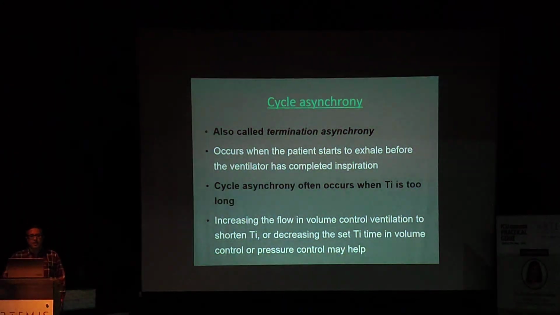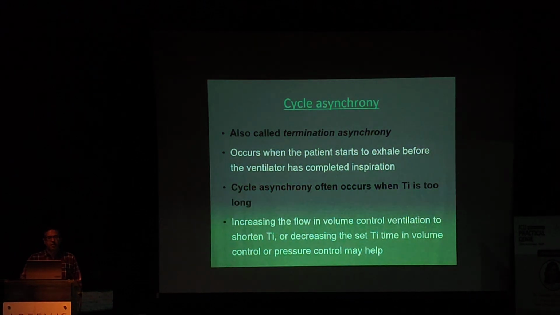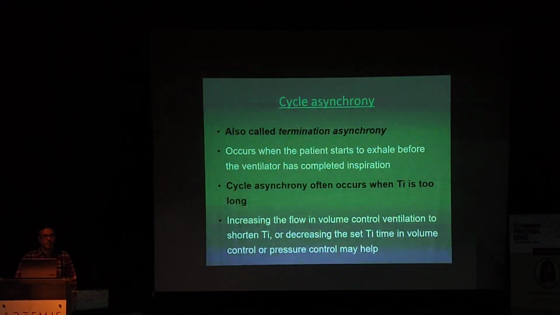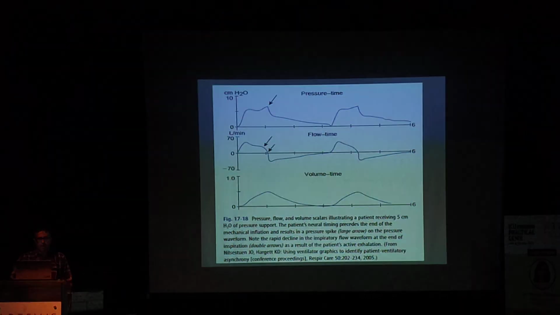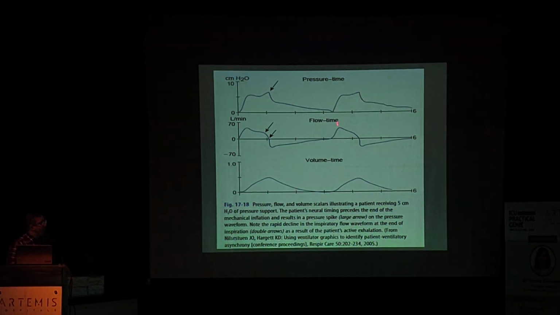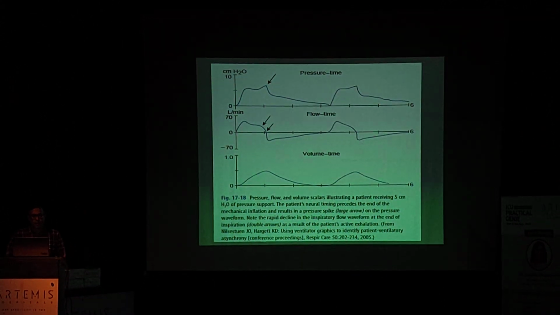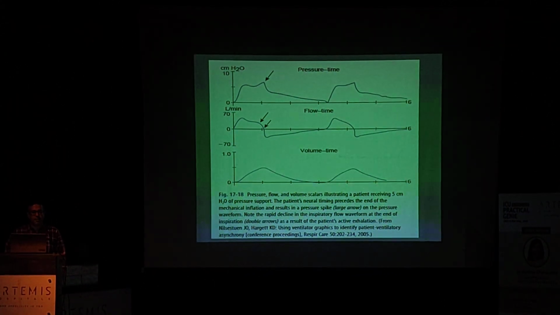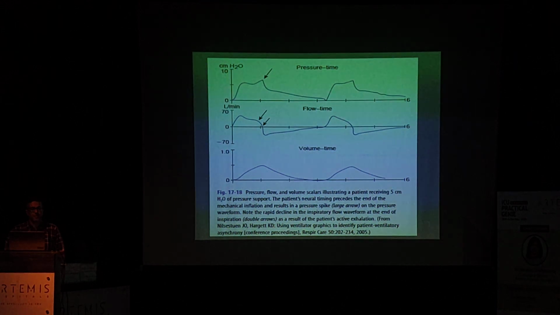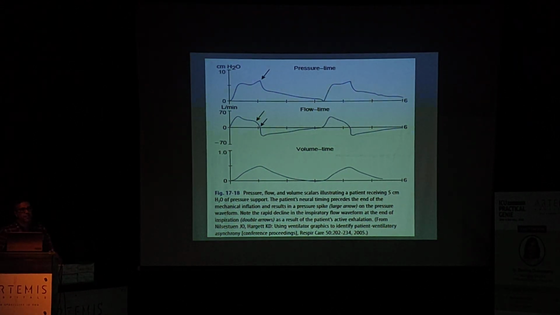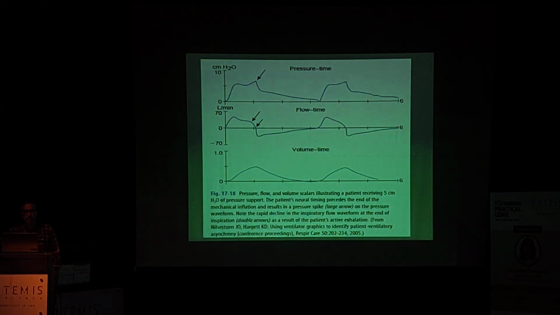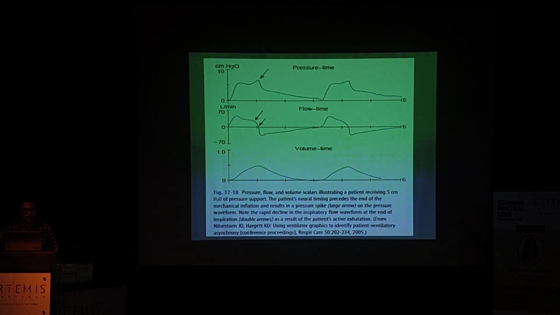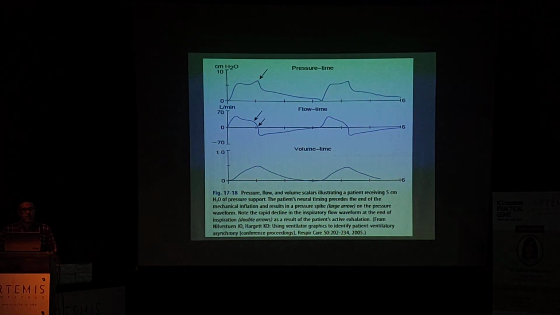Then cycle asynchrony, commonly called termination asynchrony, occurs when the patient starts to exhale before the ventilator has completed inspiration. Can you all see this? Yes. So the patient's neural timing precedes the end of the mechanical ventilation and results in a pressure spike. We had seen it previously also. There is a pressure spike on the pressure waveform,